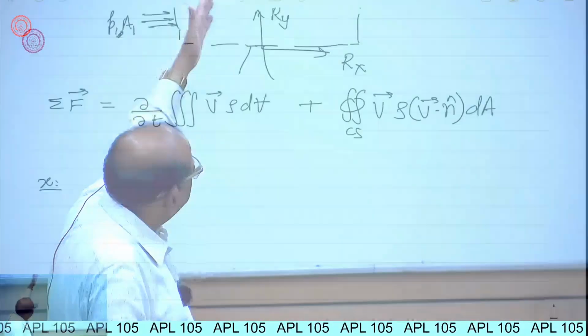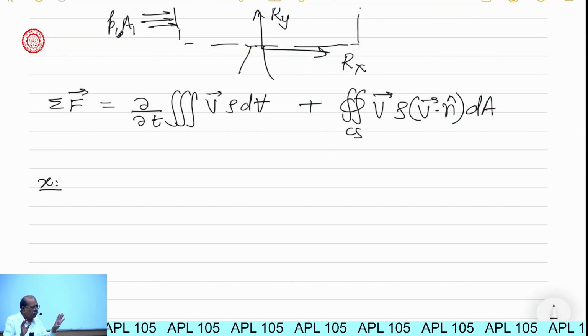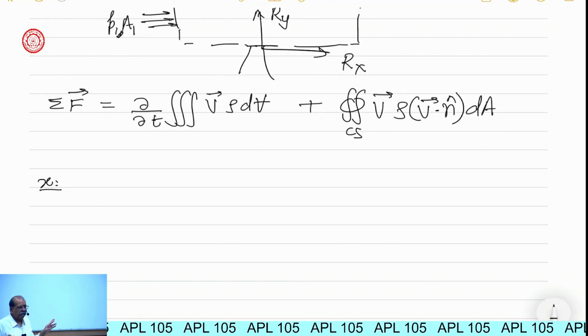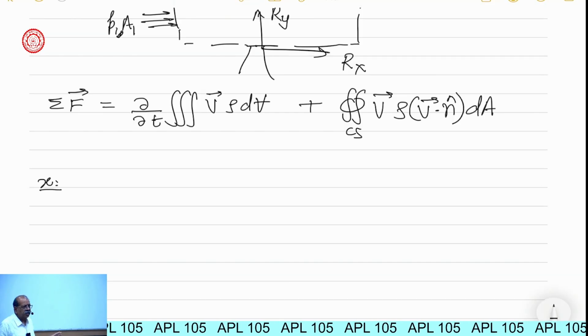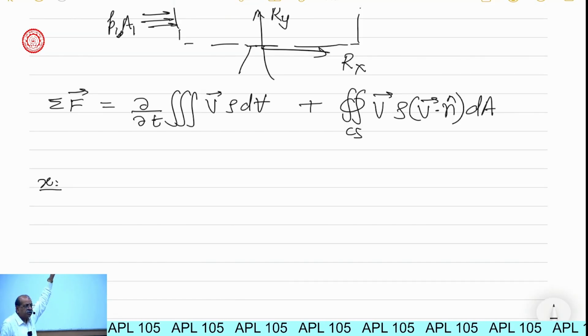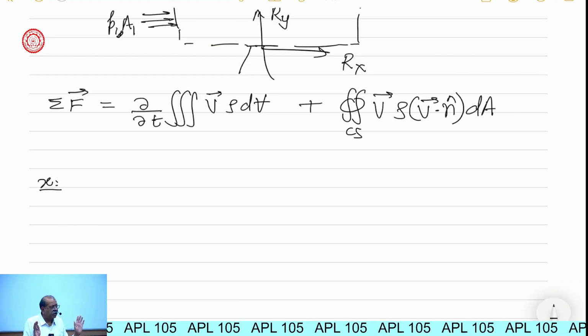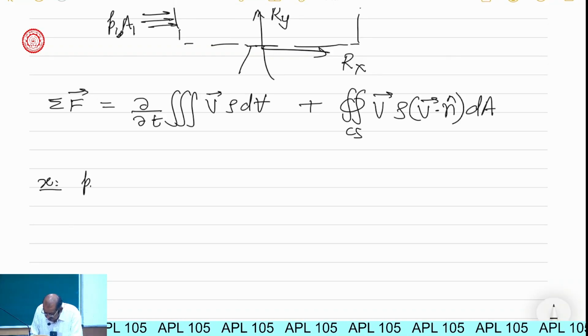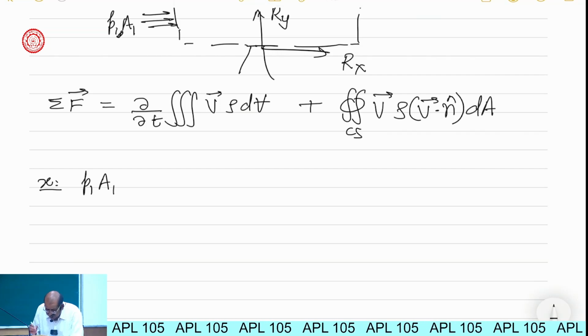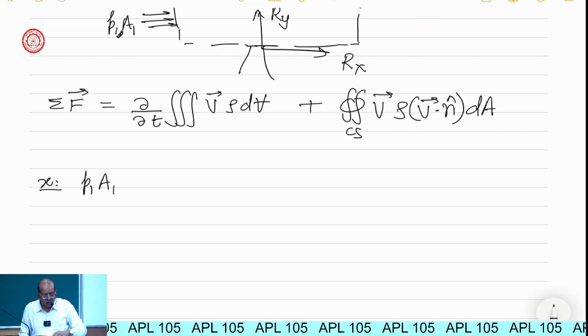And when we write these equations, let's be very clear. Let's write things, just focus on one term at a time. So when I write sigma, sum of forces in the x direction, the left hand side will only consist of what my free body diagram tells me. So what my free body diagram tells me is the sum of forces in the x direction is P1A1 and then I have